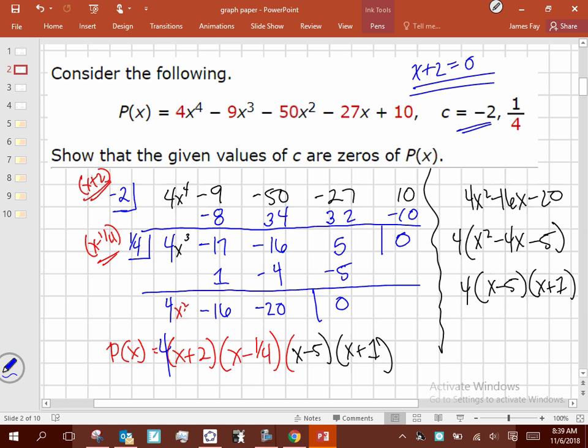I like to have all my factors that have a coefficient for the x term as a 1. So I try to factor all those out anyway. Does that make sense? Because then it's real easy to just look at it. You can do real quick mental math and say, okay, 0, negative 2, 0, 1/4, 5, and negative 1. Where if I have this as like 4x plus 4 for that last factor, I got to do a little bit of work there to find that 0, right? It's not just a visual cue. So I like to pull all those coefficients out and make my x's have coefficients of 1. All right? Okay, so today then, guys, that's going to kind of